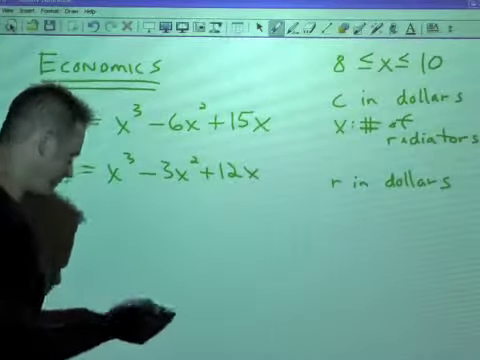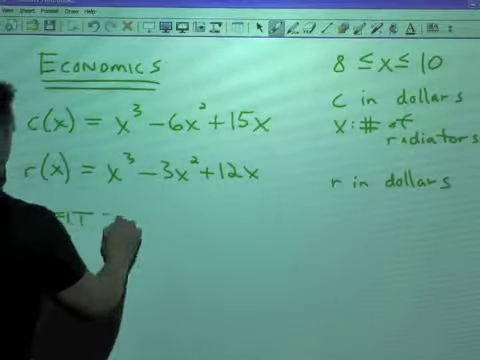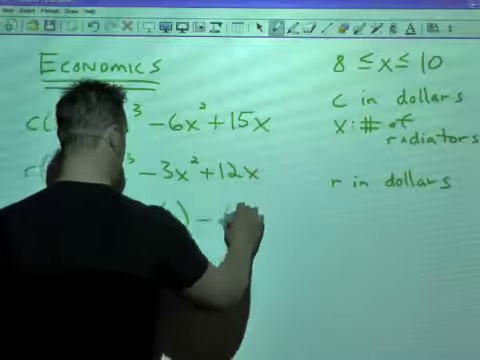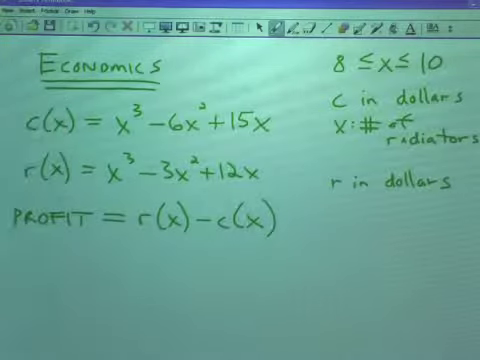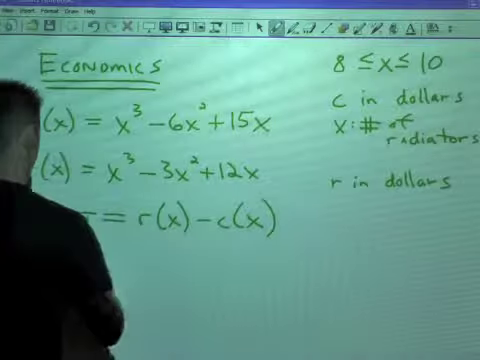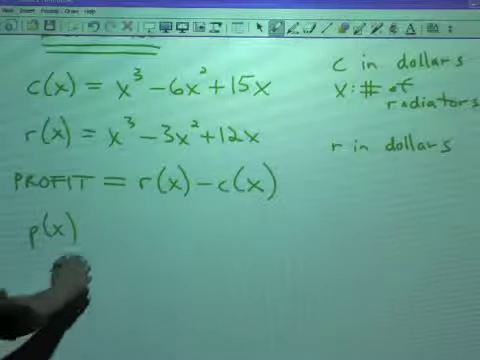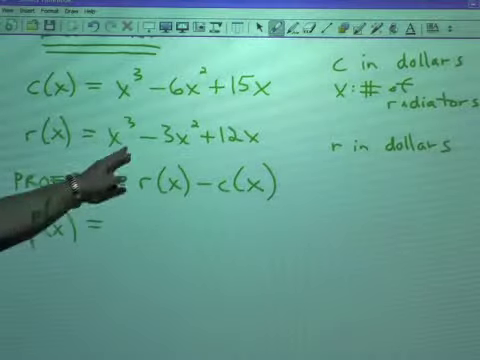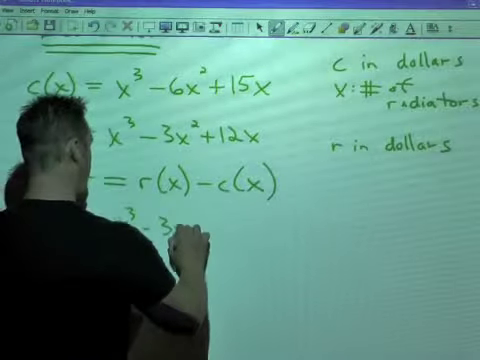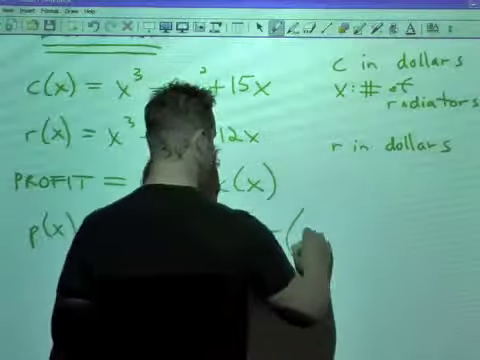Okay? Now, profit is just income minus expenses, or revenue minus cost. Okay? So I could actually write a profit function here. So the profit function, we'll call it P of X. It's just going to be the R function minus the C function. Okay, so if I take R minus C, I'm just going to literally take the R function, write it down, subtract the C function in parentheses,